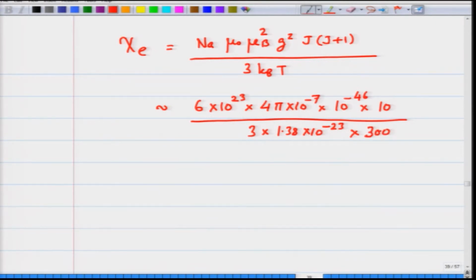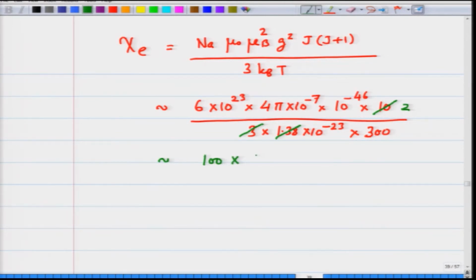So, this comes out to be, let us see now, 3 times 1.38, that is roughly 5. So, we can cancel this, this and this as 2. Then 6 times 2 is 12 times 4 is 48 times pi. So, that is roughly of the order of 100. So, I can write this as 100